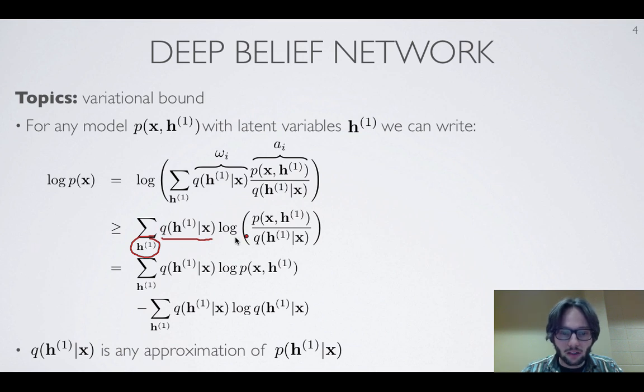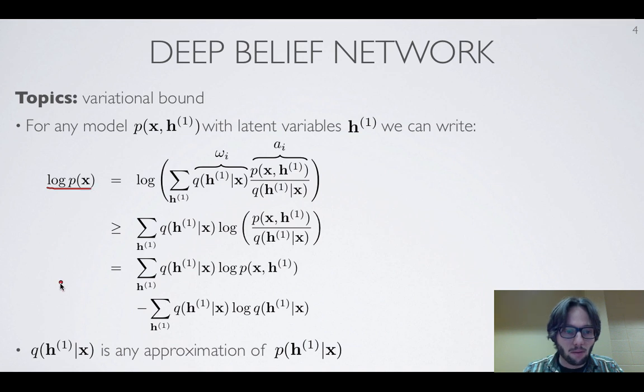obtain its lower bound by doing the weighted sum instead of the log of the ratio here. And now exploiting the fact that the log of a ratio is the difference of the logs, we get that this whole expression here is just the sum over H1 of Q of H1 given X times log of the numerator here, P of X and H1, minus the sum over H1 of Q of H1 given X times the log of Q of H1 given X. Okay, so we just almost straightforwardly exploited the concavity of the log function, and that gave us our lower bound